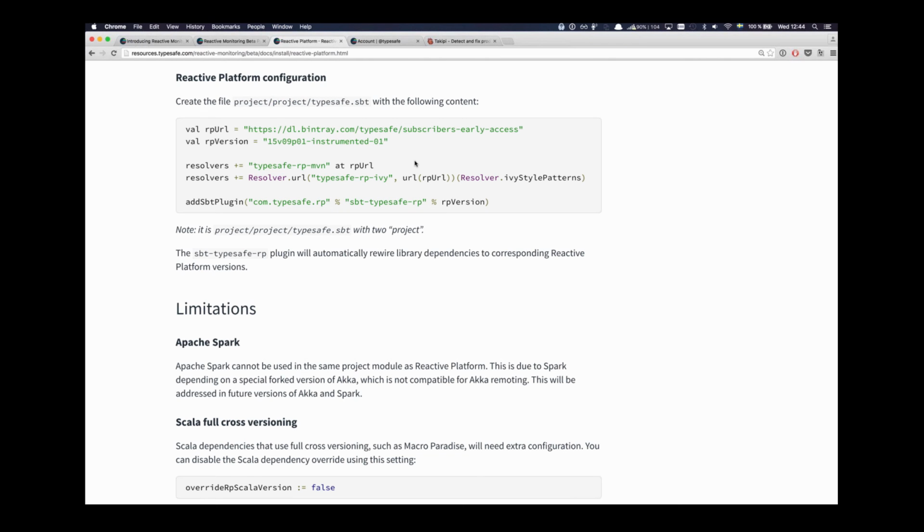Now, if you've already used Reactive Platform before, then you're aware of this. The thing to highlight here is that the version we're using is actually called something else than the standard Reactive Platform version. The standard one is called 15v09p01. But we're also adding -instrumented-01. And the reason for this is